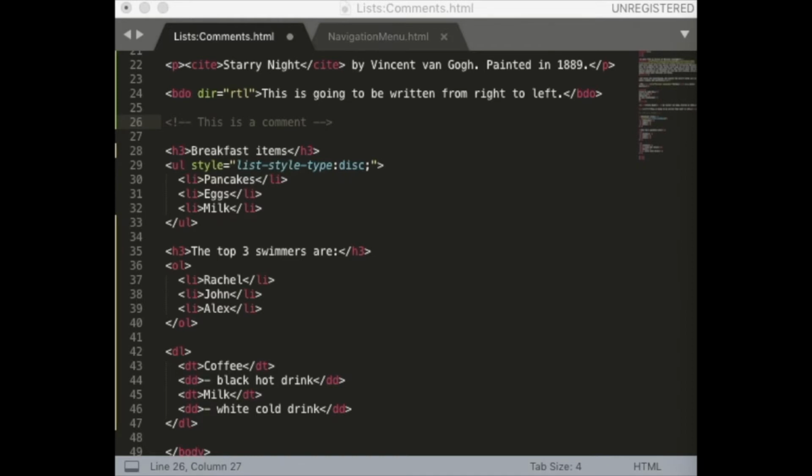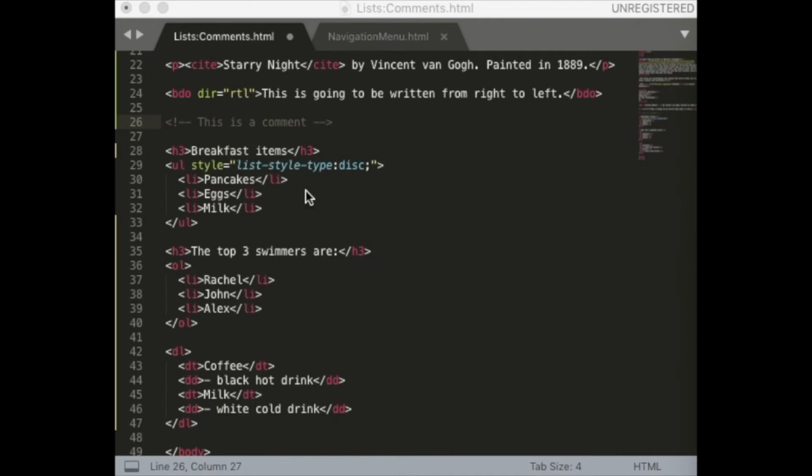So let's discuss the unordered HTML list. An unordered list starts with the UL tag, as you can see over here. Each list item starts with the LI tag. Now the list items will be marked with bullets, and these are usually small black circles, and this is set by default. But if you want to change them, you can definitely go ahead and change them, according to whichever type that you like. There are different types of bullet points, and you can choose whichever you want by specifying it in